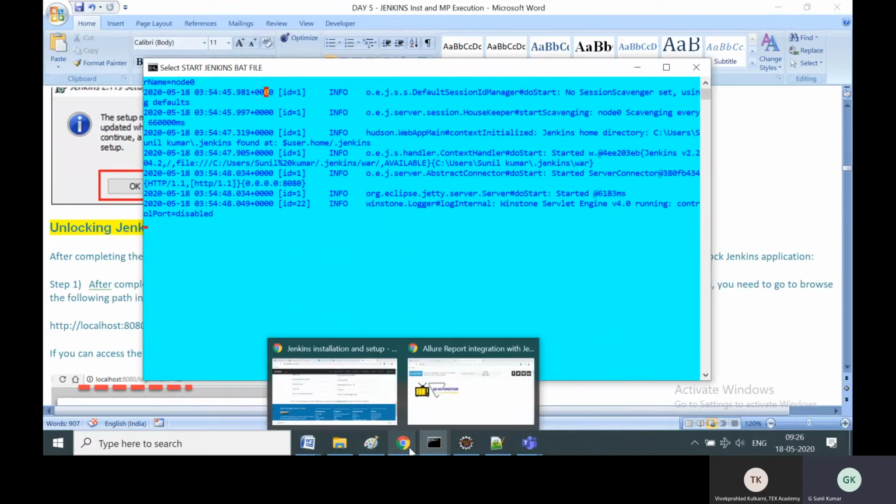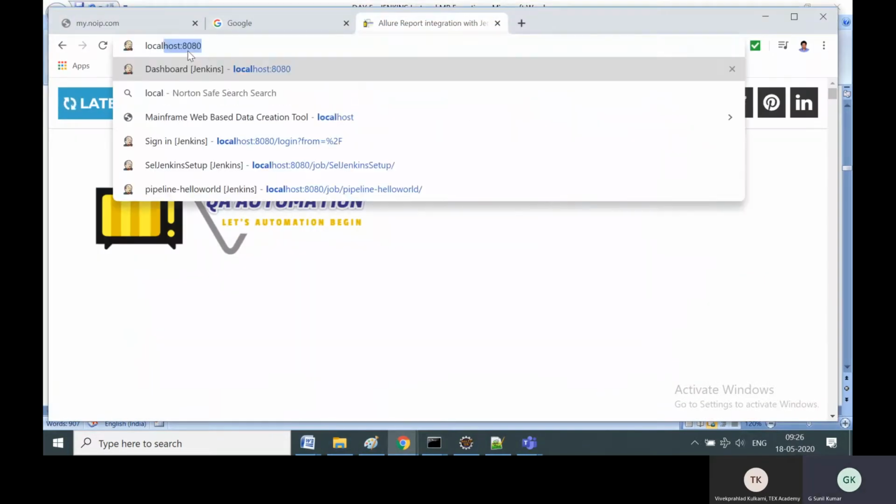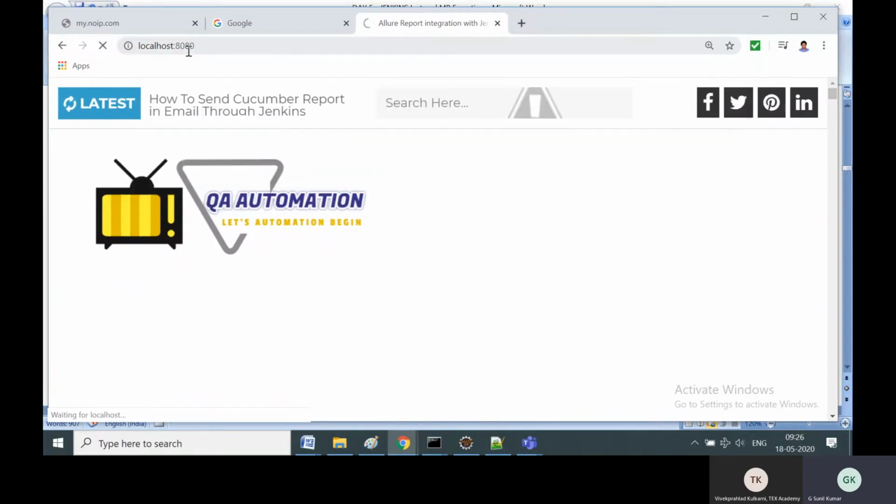Now let's go to localhost colon 8080. As I told you, it's running on 8080.